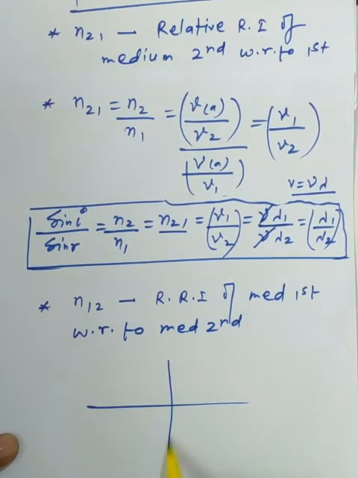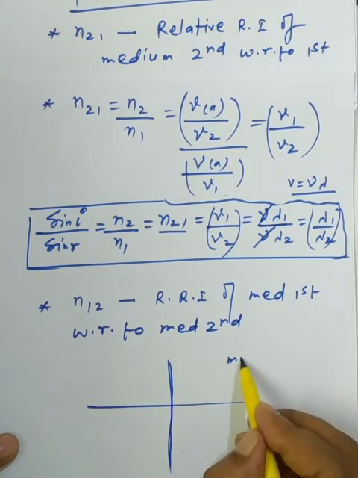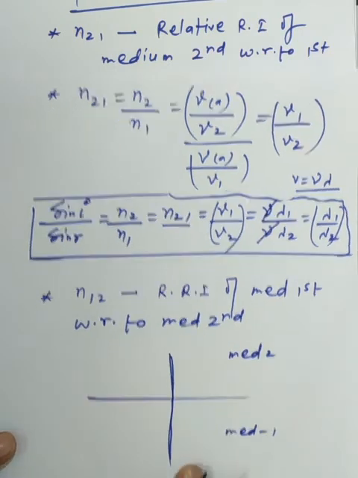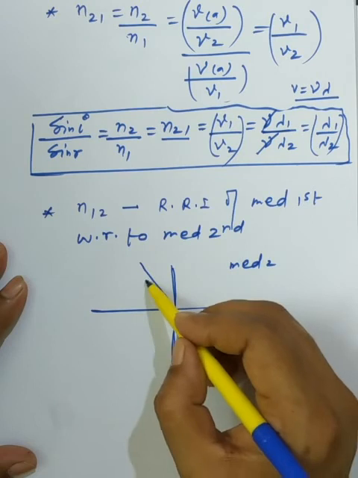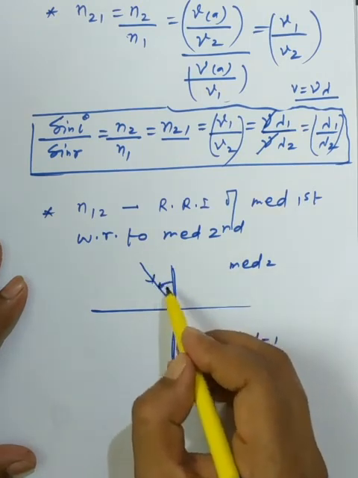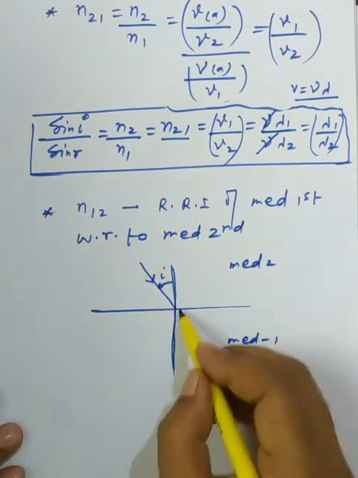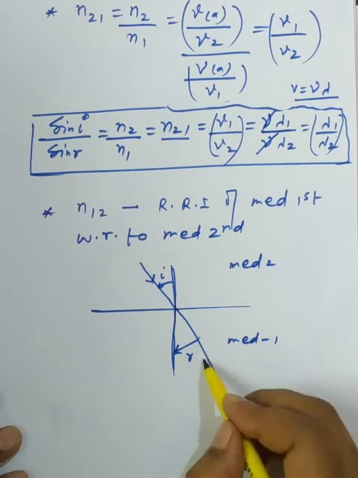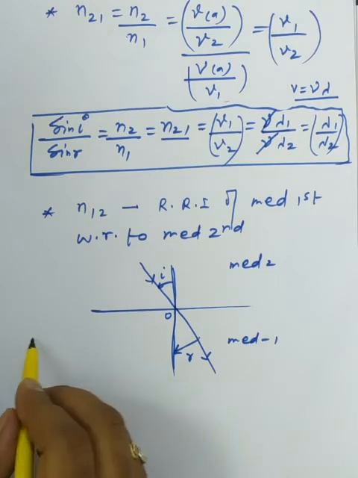Okay, and simply we can go through it somehow. The ray is moving from medium 2 to medium 1. Suppose this one is medium 2 and this one is medium 1. So easily we can go through the formula. So we are saying the ray is incident on a surface with the angle of incidence i. Okay, so easily we can write the relative refractive index of medium 1 to 2. So we are just using the concept, and somehow where the ray is moving we don't know. Suppose this one is the r and this is the o. So easily we can go with the formula, that is